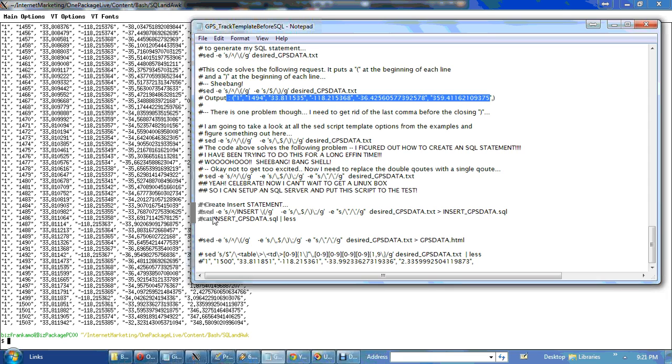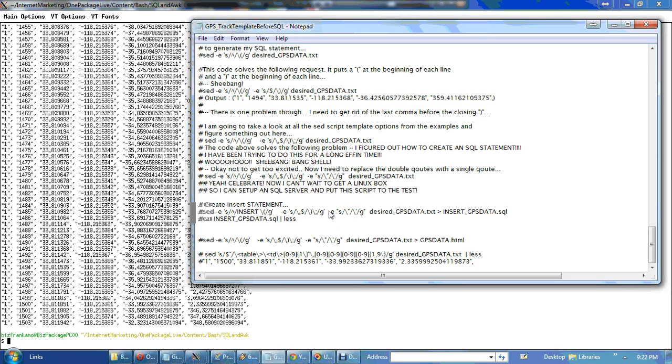So let me show you what I ended up doing. I created this regular expression, or the sed command, with the regular expression to take everything in the first line and replace it with the word insert. I escaped the parenthesis that I want to use to open up the data set. And the next command for sed was to get rid of the comma in the last line, and replace it with a closing parenthesis and a closing semicolon. And finally, at the end here,